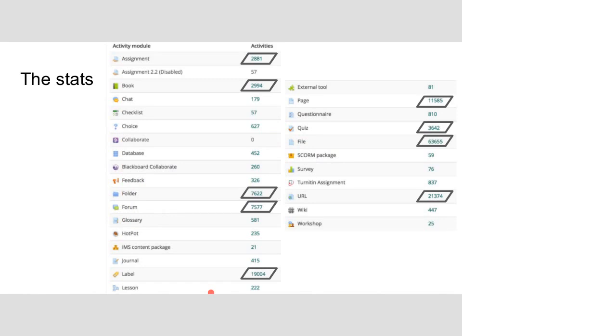Right, so we can't just look at stats and ask how many files, how many forums, how many assignments. We can, and this is the stats, but we don't get the full picture from this. We get a vague idea on looking at the numbers, but we have to take it with a grain of salt. There is plenty of opportunity to use a resource in a different way. But if we have a quick look at the ones that I've highlighted,